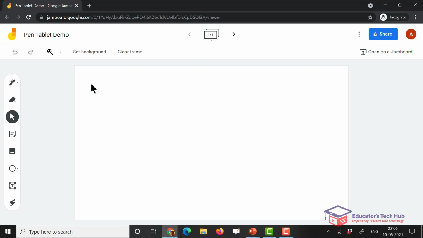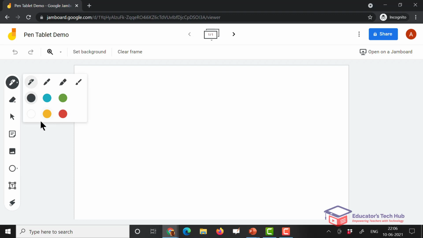Now look at the various tabs on the Jamboard. When you click on this particular pen, you can get different types of pen. This is your normal pen, this is your marker, this is a highlighter, and this is like a brush. You can choose the color palette, whether you want black, white, blue, green, cyan, red, orange, and so on.